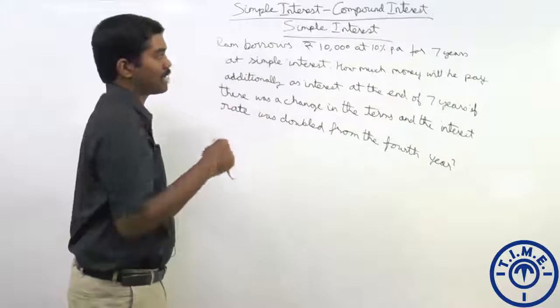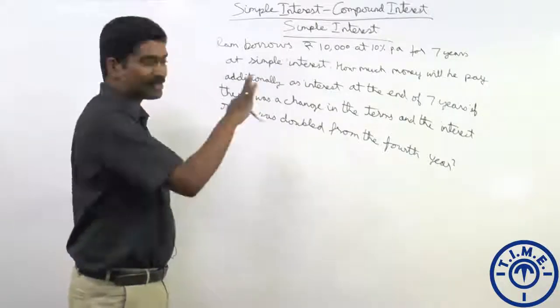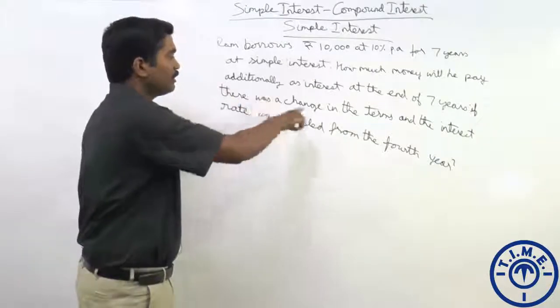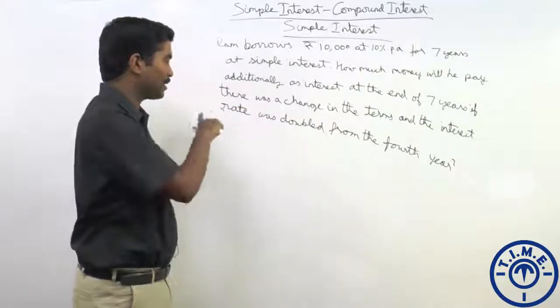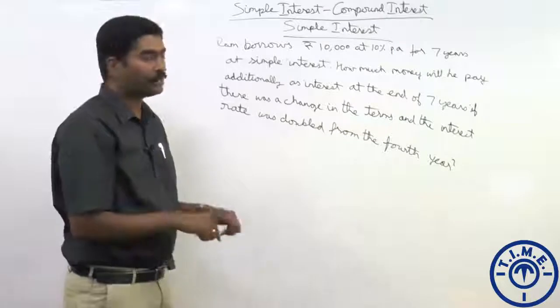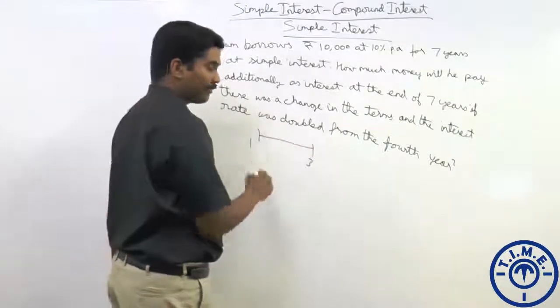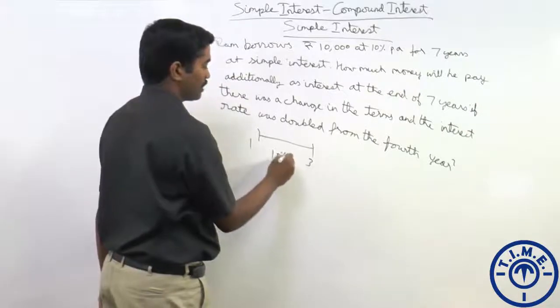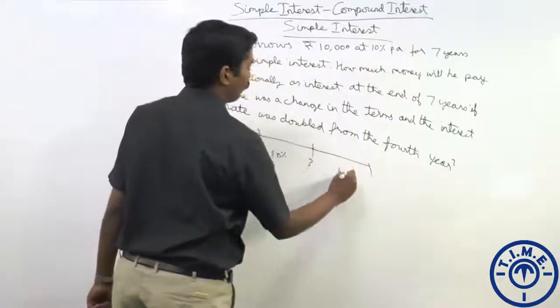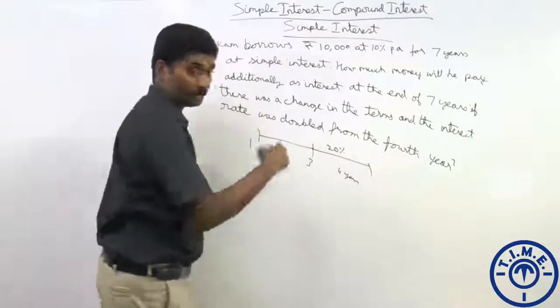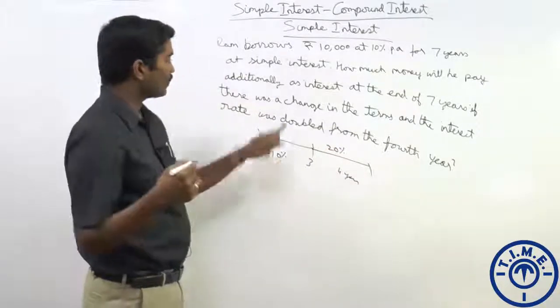Ram borrows 10,000 at 10% per annum for 7 years at simple interest. How much money will he pay additionally as interest if there was a change in the terms and the interest rate was doubled from the 4th year? That is to say, for the first 3 years rate of interest was 10%, and for the next 4 years rate of interest was 20% per annum,